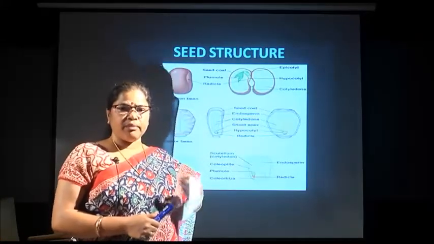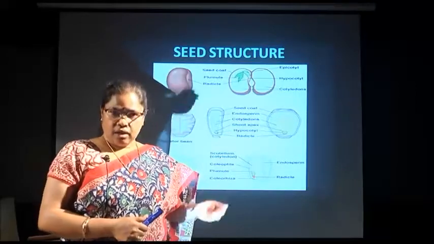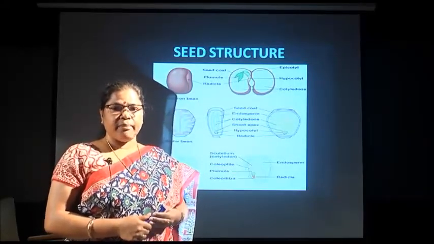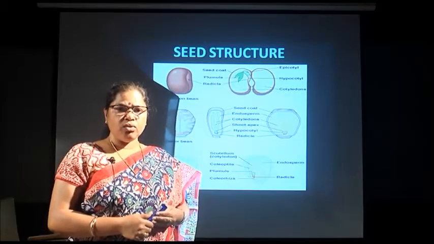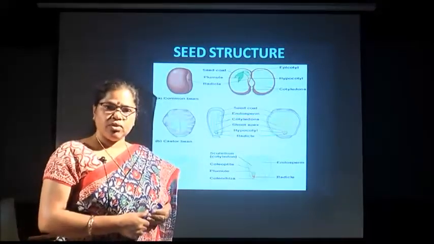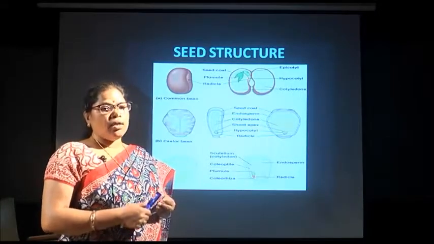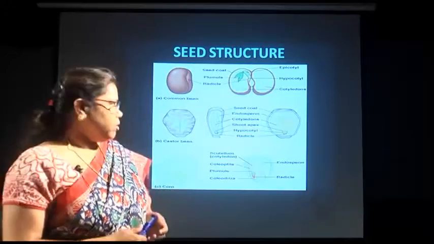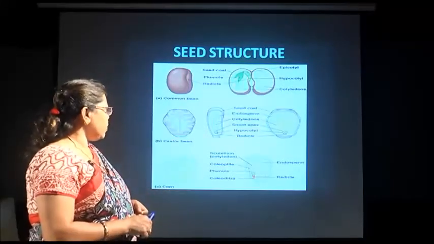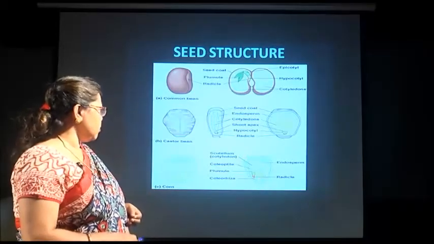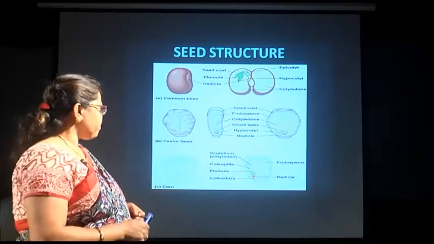The embryo divides and redivides due to some biochemical and physiological processes, then it is established as a seedling. For those cell divisions, and for those physiological and biochemical reactions, it needs some food material or nutrition, which is provided by the cotyledon. And there are two cotyledons present in dicot plants, and only one cotyledon present in the monocot plant.